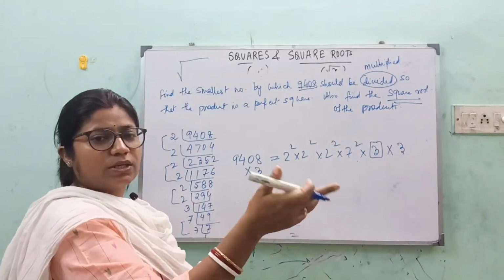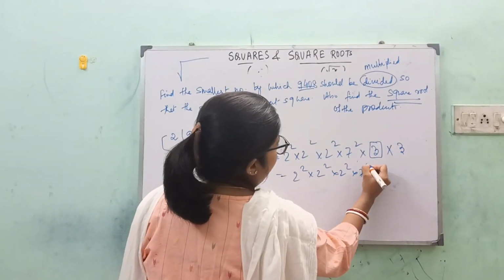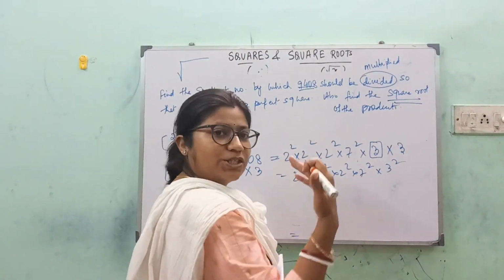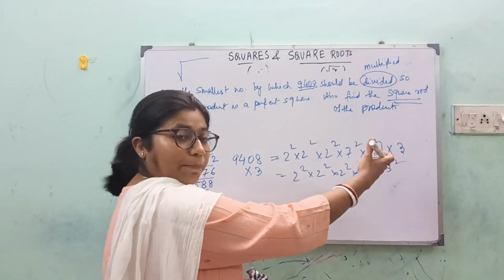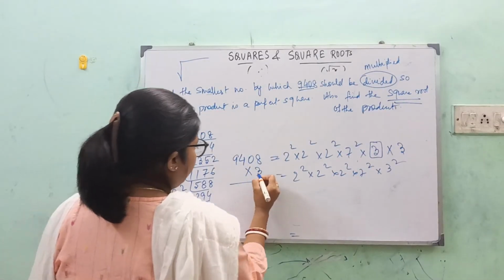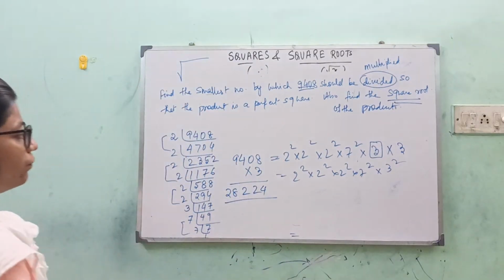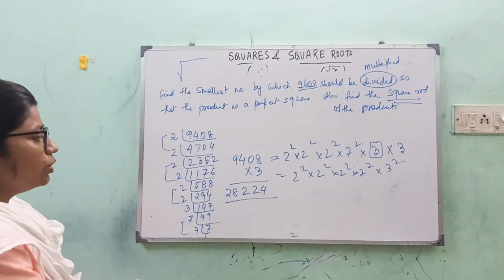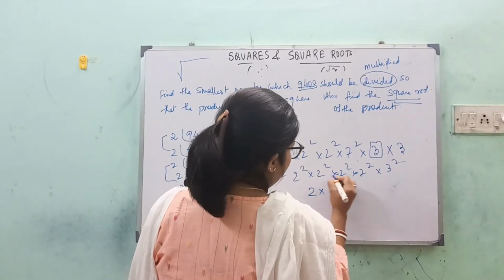So another number you are bringing into the scenario. So this becomes 2 square into 2 square into 2 square into 7 square into 3 square. In the previous case, the unpaired number is removed, and in the new case, another number is brought so that the unpaired number gets a pair. So here also you will be doing the multiplication. Just a calculation, one second. Yes, the new product is this, and it is actually 2, 2, 2